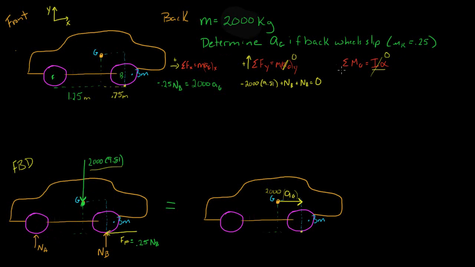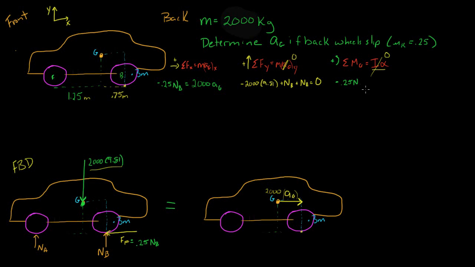So if I call this my positive direction of rotation, my frictional force is going to want to go tail first, so it's going to be a minus. If this frictional force is rotated around point G, it wants to rotate tail first, and I have minus